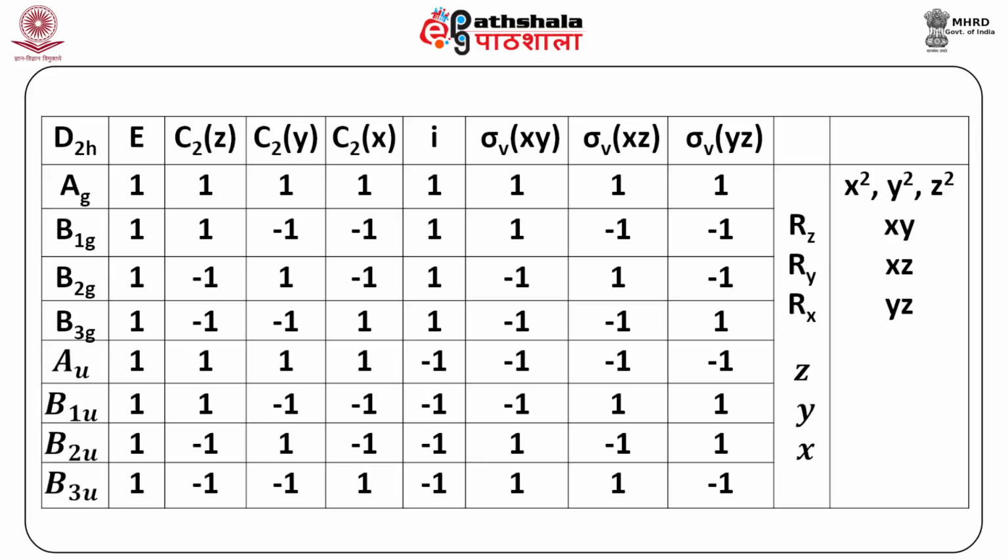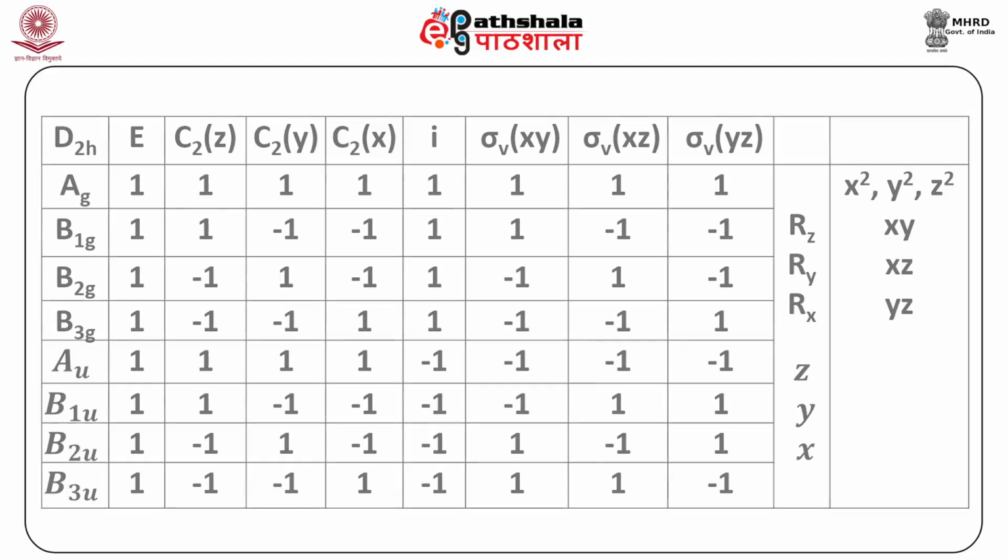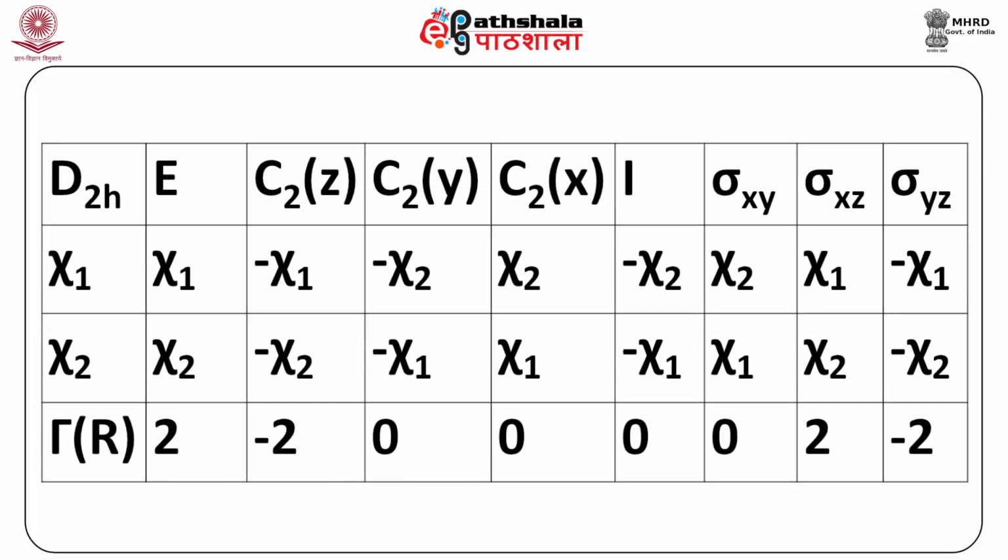There is the identity operation, a C2 operation passing through Z, another one through Y, another one through X. Then there is a center of symmetry, and then sigma xy plane, sigma xz plane, and sigma yz plane. And we now examine the behavior of chi1 and chi2 under the various operations of the D2h point group. So look at chi1. When you perform the identity operation, obviously it remains chi1, but when you rotate it through